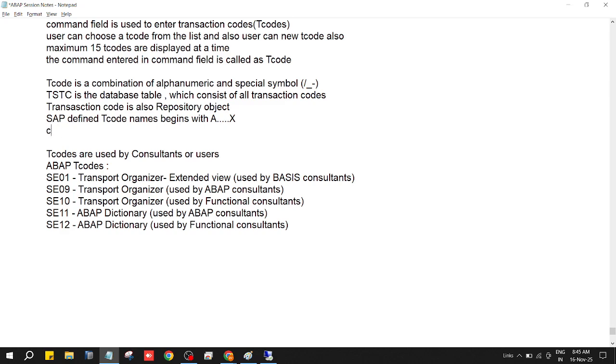Customer defined. Customer, because see, one end is SAP, another end is customer. Very simple. Either SAP should define, or else after purchasing that SAP software, the customer can define additional transaction codes. Customer means customer-side ABAPer, because the customer-side ABAPer can design and create. Customer defined T code names